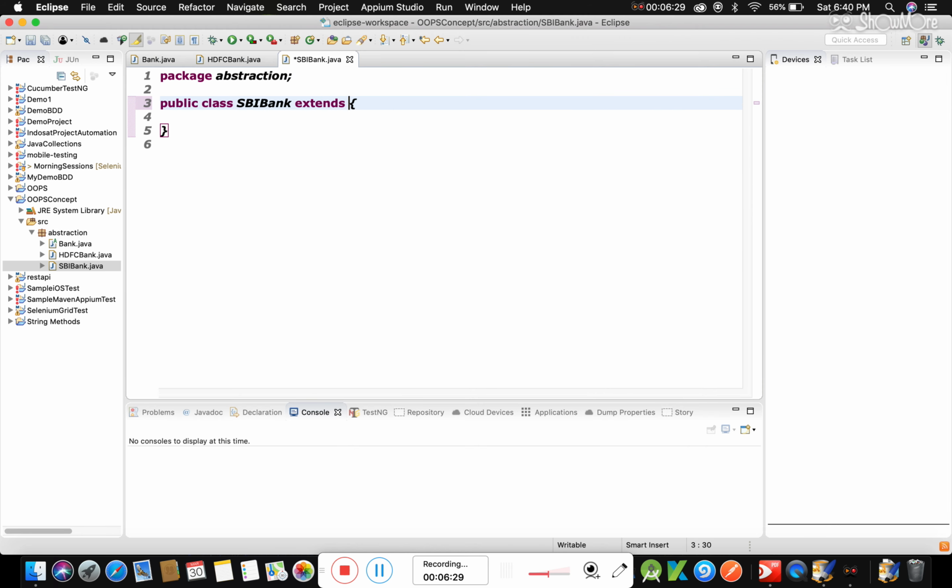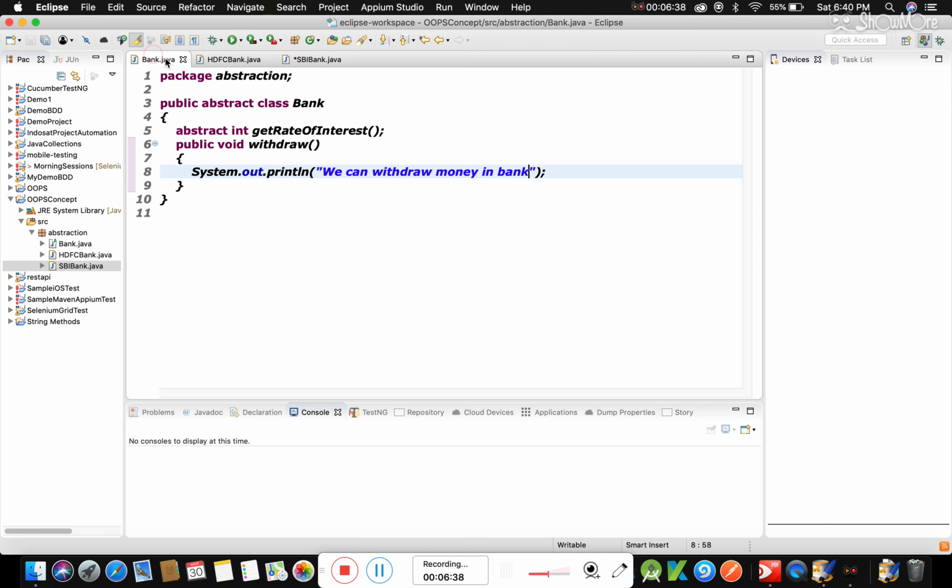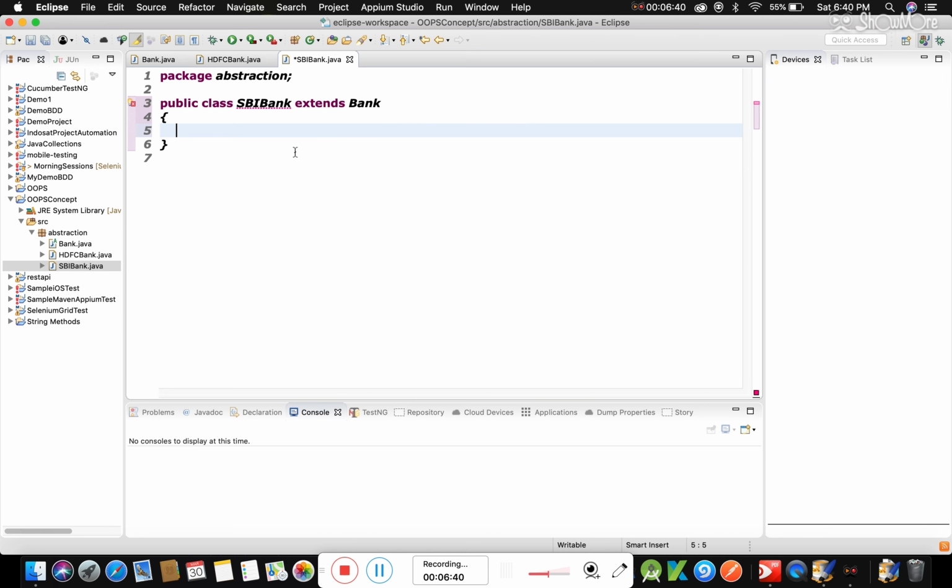This also extends the Bank class. We need to implement the method which is declared as abstract in the Bank class in SBI Bank 2.